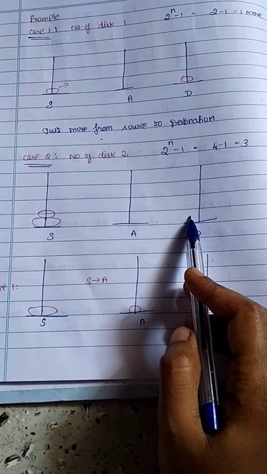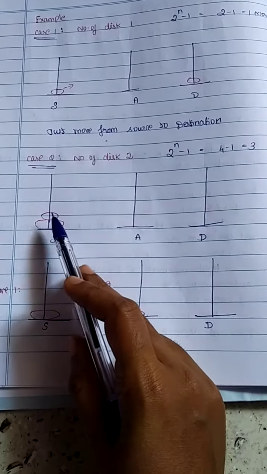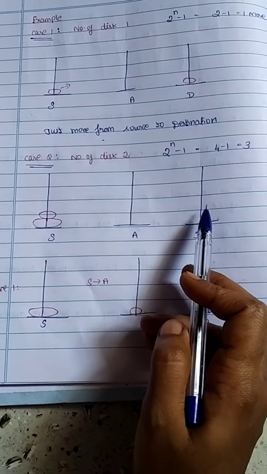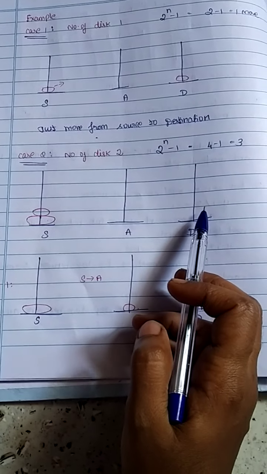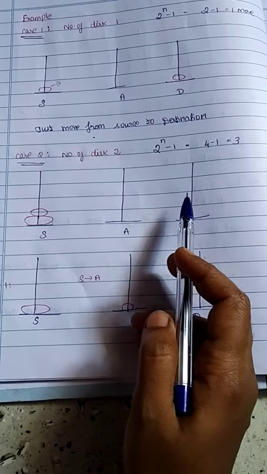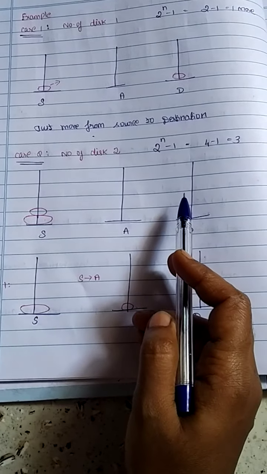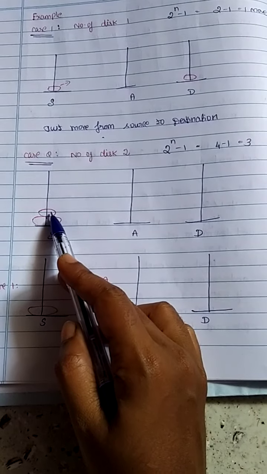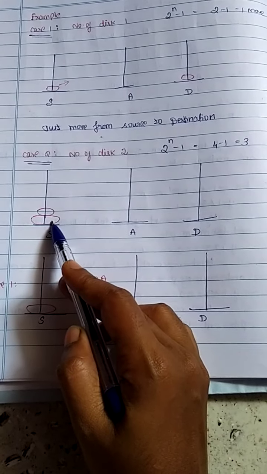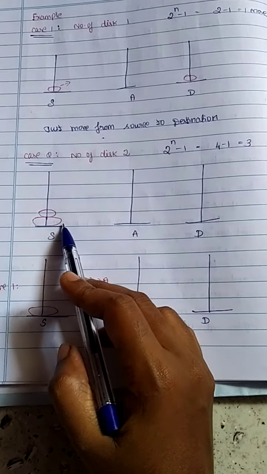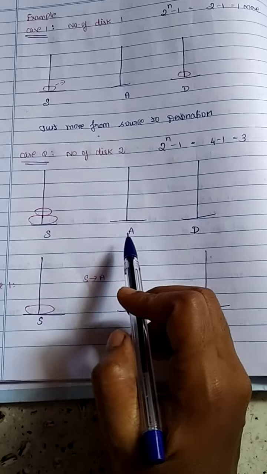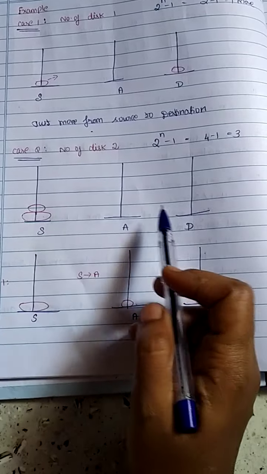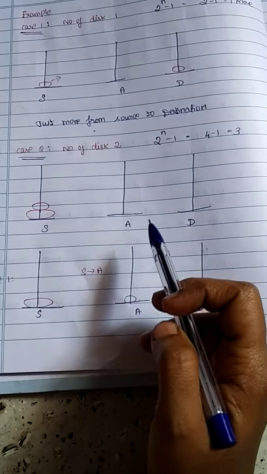It will violate the condition because the condition is we can take only one disc at a time and the smallest disc should always be at the top. It should not be at the bottom of any of the larger discs. The smallest disc should always be at the top, and we can remove only the top. Always we can remove the top disc, so we can't remove the bottom disc first. Okay, so in order to obey these conditions, we can use this auxiliary rod for moving the discs from source to destination by following those 3 conditions.